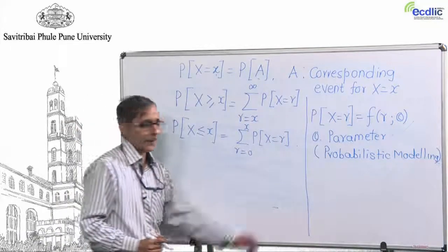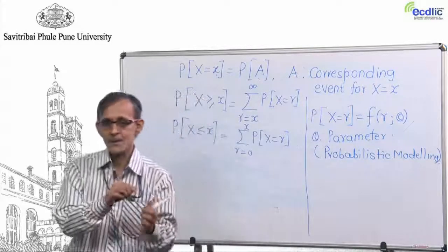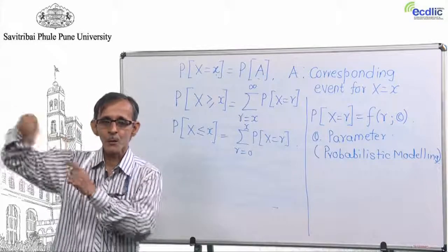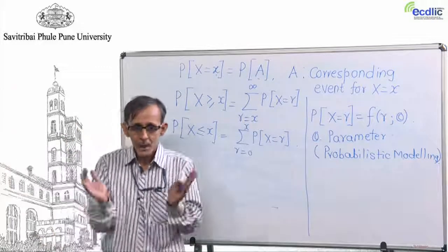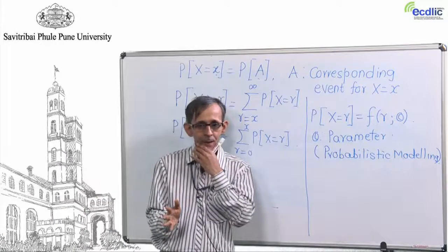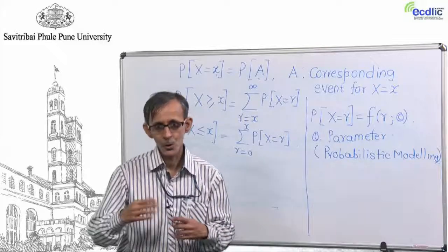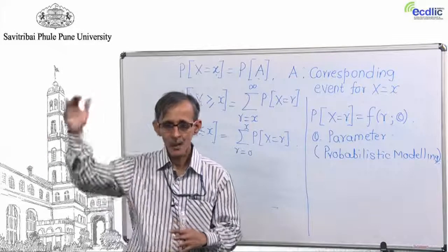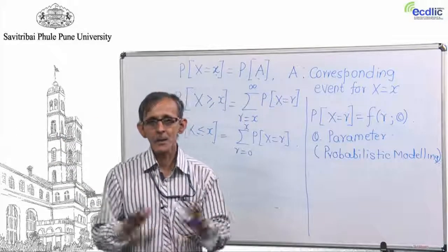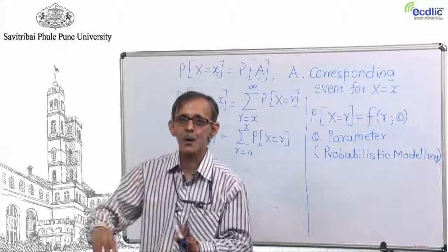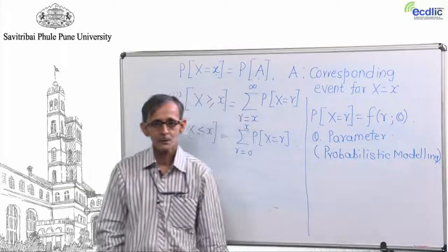Identifying the form for f(x) equal to r, by making the event every time x is equal to r: the set of all points in omega for which x assigns value r. That collection will obviously be a subset of omega and hence defines an event. And you know how to compute the probability of events by three approaches. We are not going into that much detail because I think everybody is familiar with how to compute the probability of an event. So, this is the first step of probabilistic modeling.